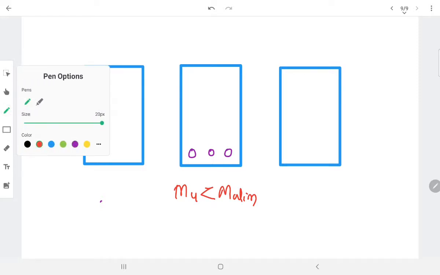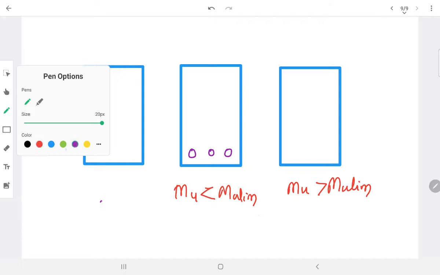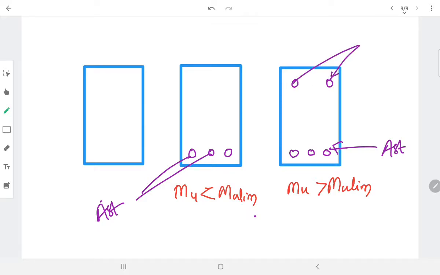And if Mu is greater than Mu limit, I'll be providing the reinforcement at the bottom, which we call Ast. Here also we will get Ast, and at the top we will get Asc,